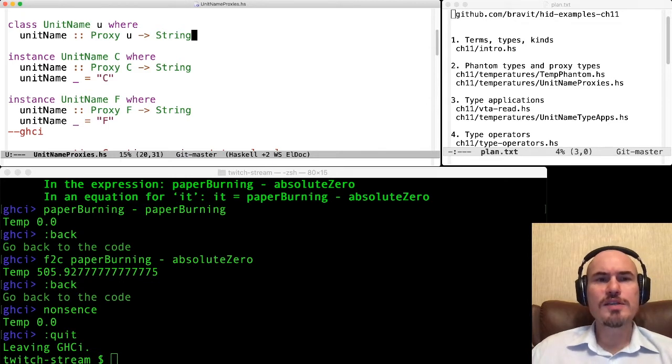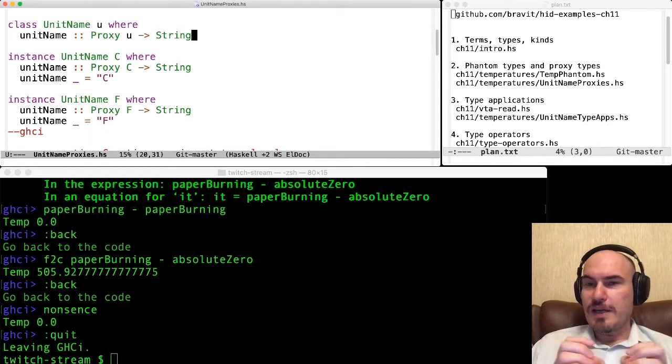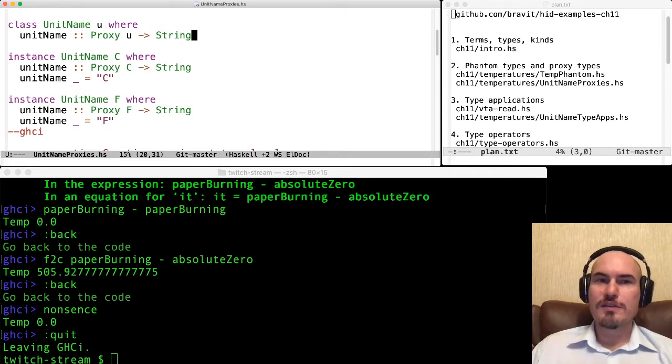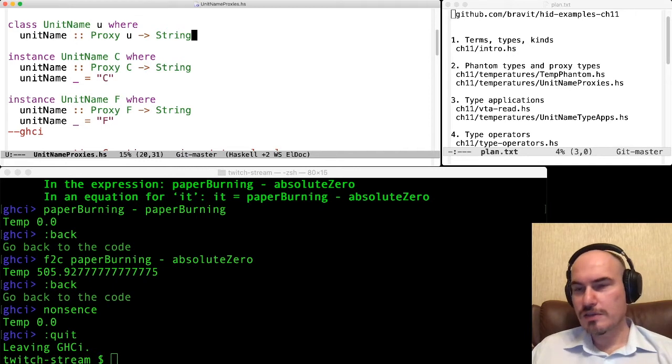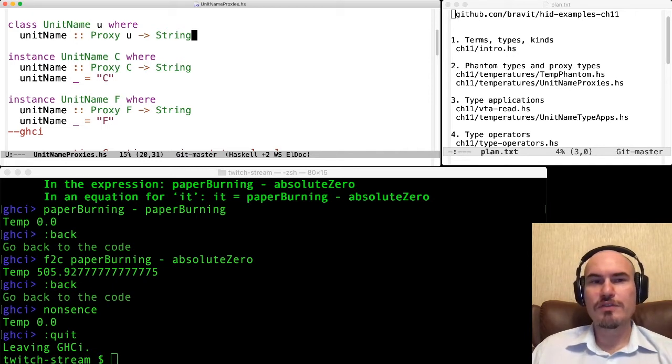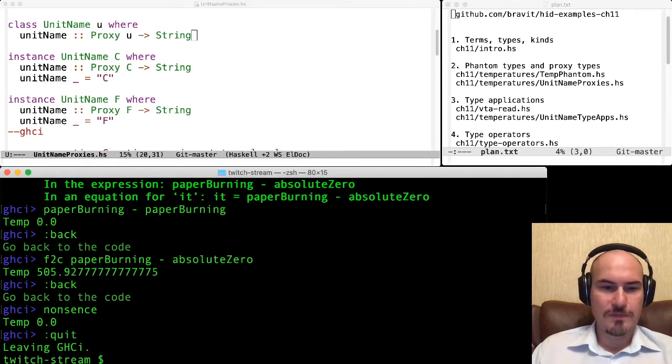And here you can see two instances. This Proxy type is used to specify the particular type. If it's C, then the result is string C. If it's F, then the result is F. So let's look at this in GHCi. Once again, this demo program.